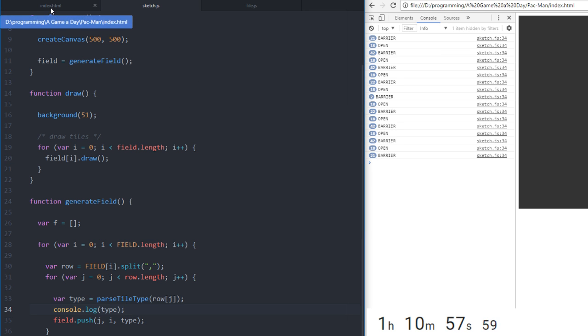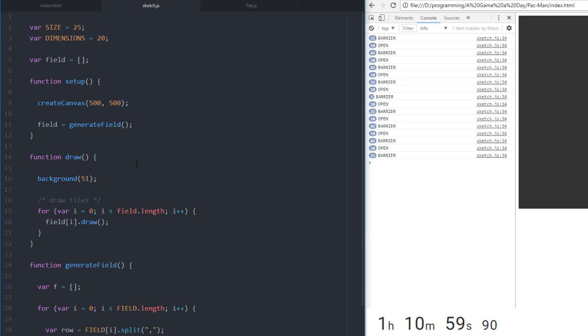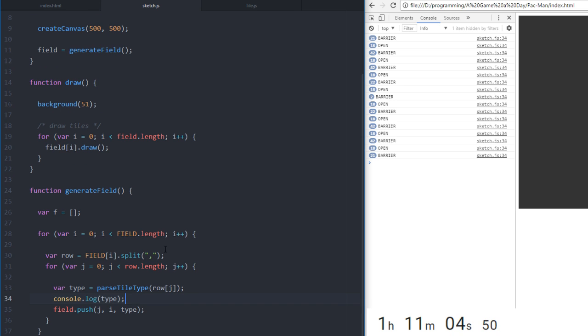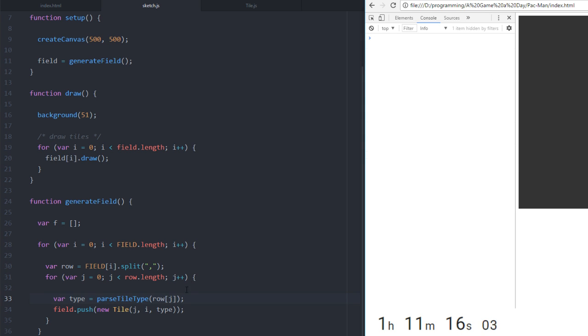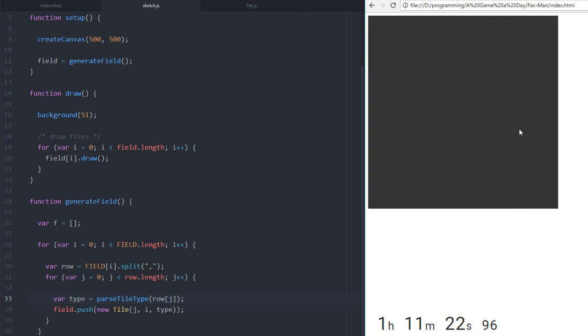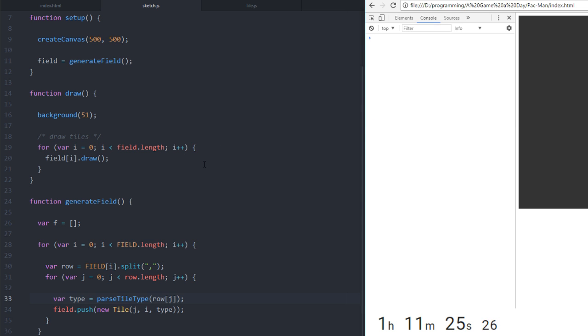So really it's just not drawing to the screen. We're pushing, oh, new tile. Wow, okay. This is ridiculous. So we're pushing all the tiles. We still don't get anything though. So that's why I'm still confused. I completely thought that would fix it, but